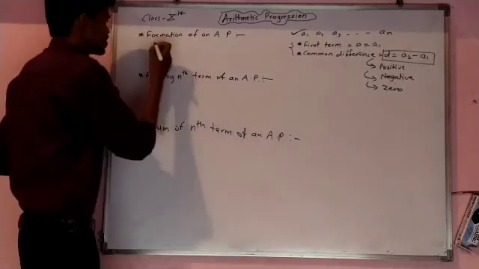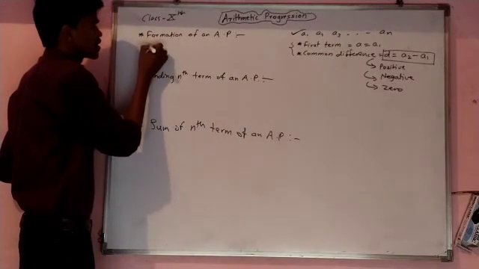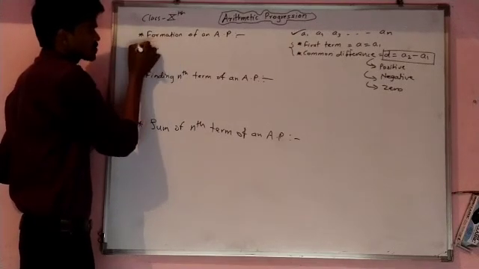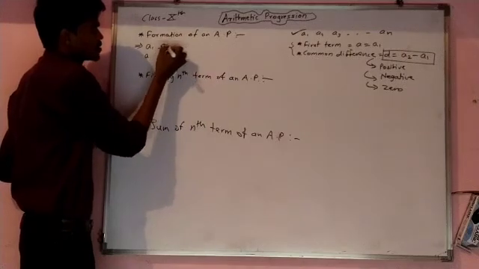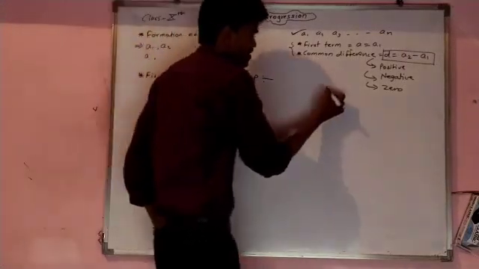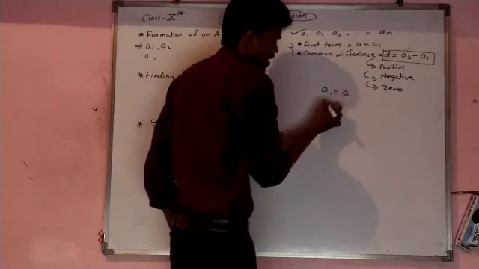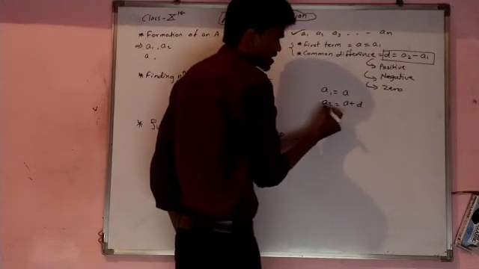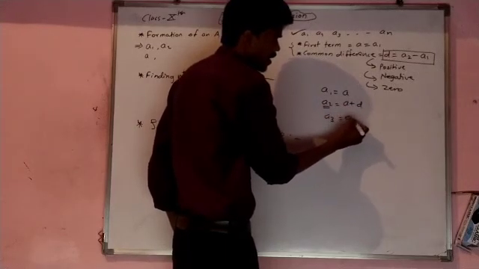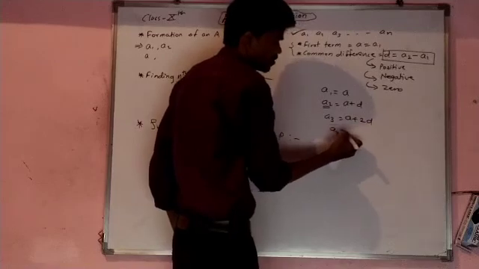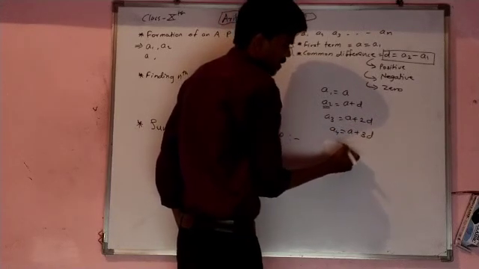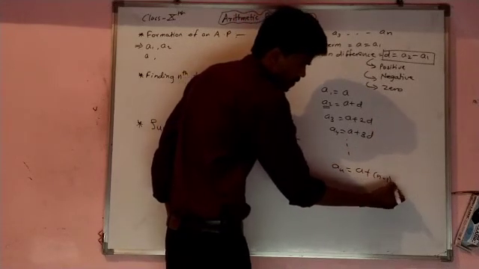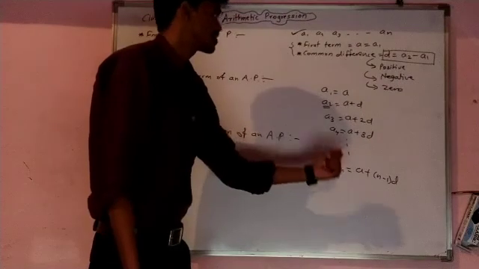So first one, we need to form the first term of AP like a1 called a, then the second term a2 called a plus d. So a1 is equal to a, then a2 is equal to a plus d; if a common difference d is added, we get the second term. Likewise a3 is equal to a plus 2d, a4 is equal to a plus 3d and so on. an is equal to a plus n minus 1 into d. This is our nth term of AP.